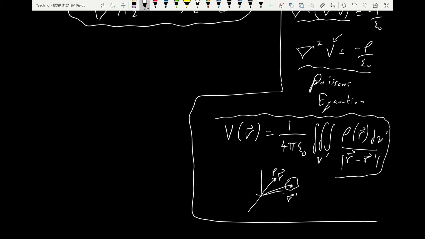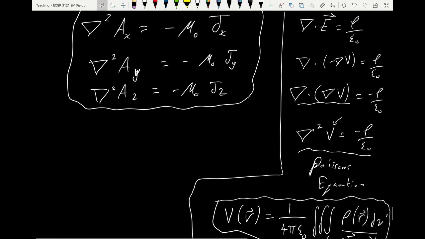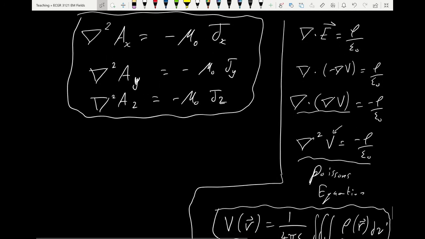So even without knowing it, you know how to solve the Poisson equation, because for any charge distribution you can calculate the voltage using this equation that we discussed in chapter 4. And this turns out to be a solution for the Poisson equation. The point is that those are 3 different Poisson equations that should have a similar solution to the expression for the voltage. So that means I can easily now solve for ax at any point in space pointed to by r as being,